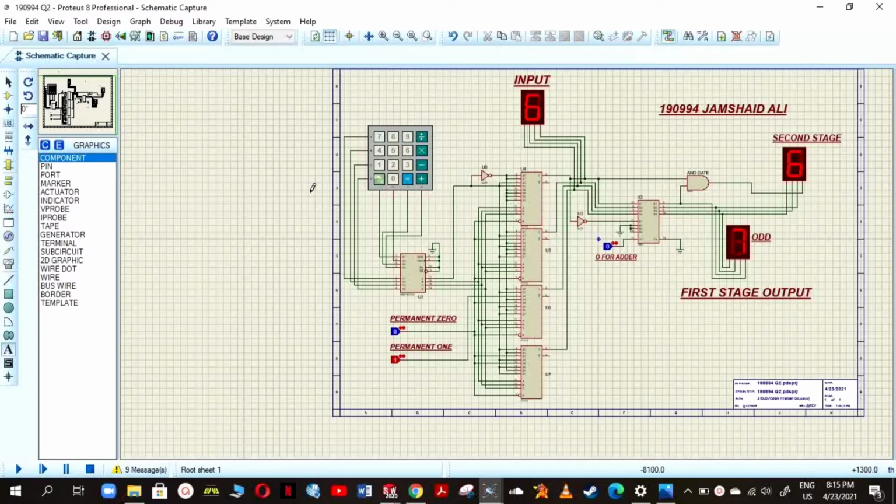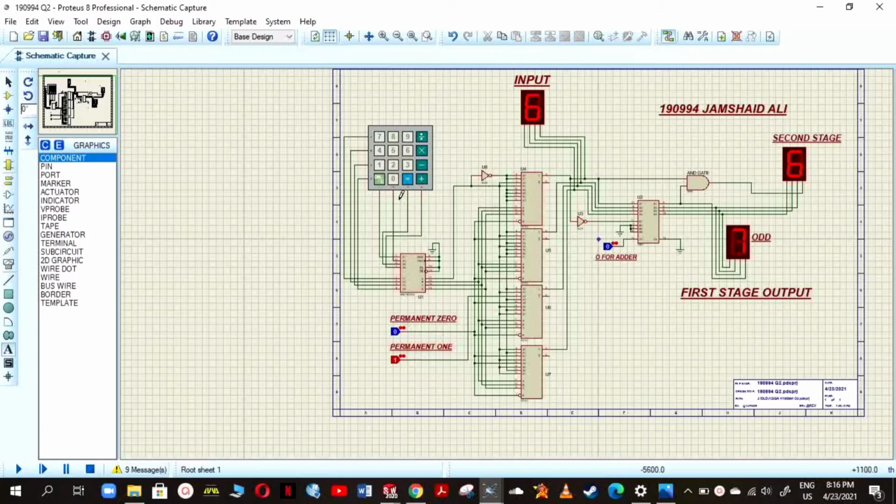Here we design a 4-bit combinational circuit with the help of a 4-bit binary adder. Here you can see all the muxes. We have used four 8x1 muxes. The basic purpose of these muxes is that without them we would get another type of display on the segment.